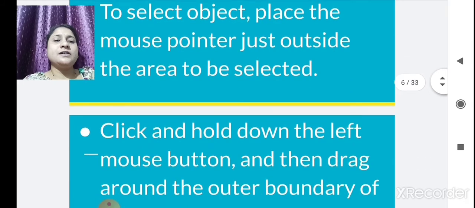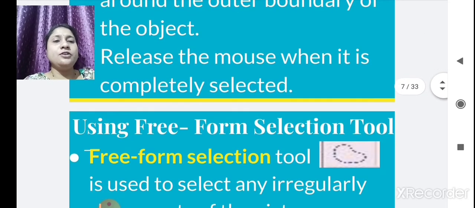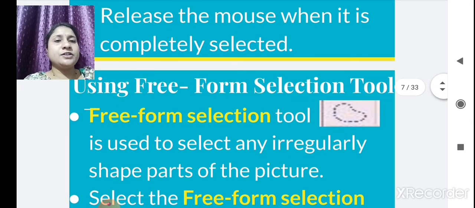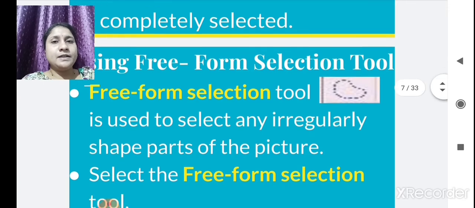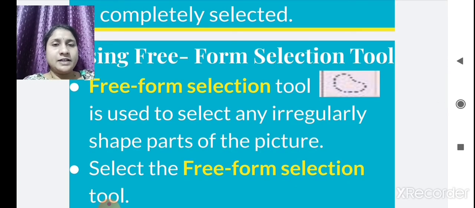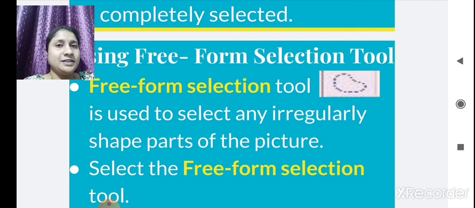The next is using the freeform selection tool. In the select tool, there are selection shapes. First is our rectangular selection tool, then the second is the freeform selection tool. It is used to select any irregular shape part of the picture.